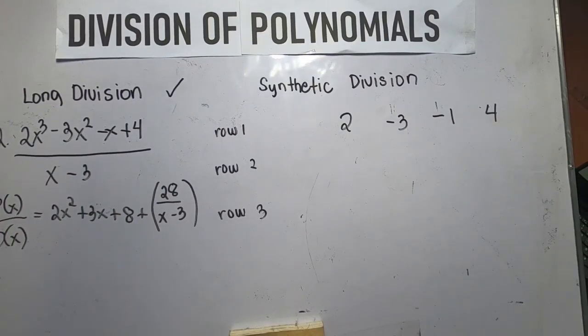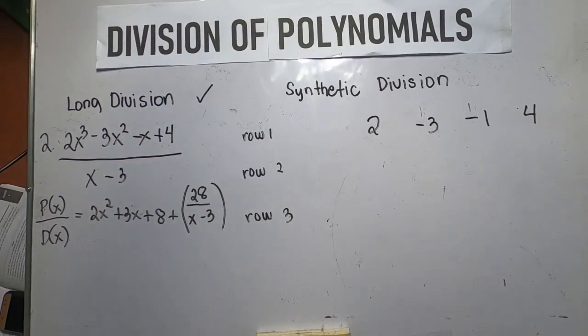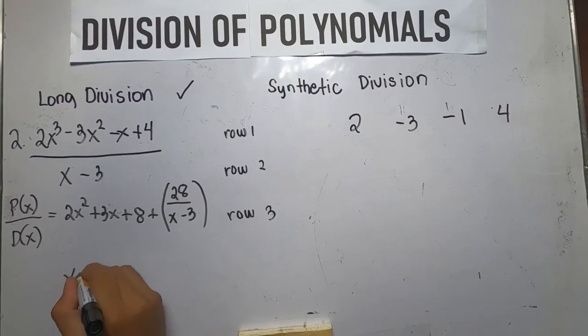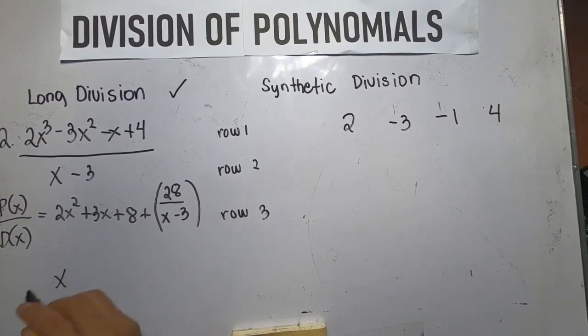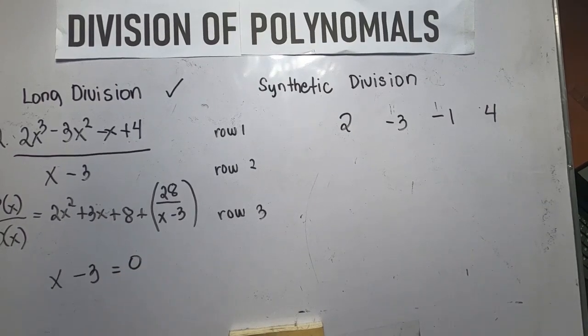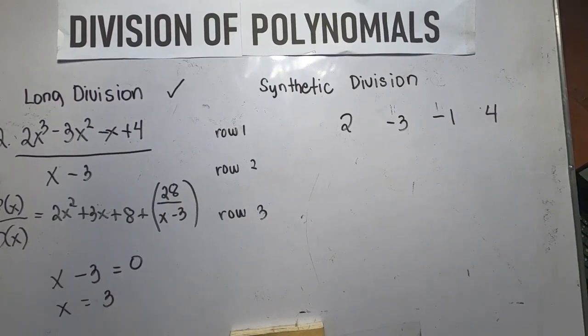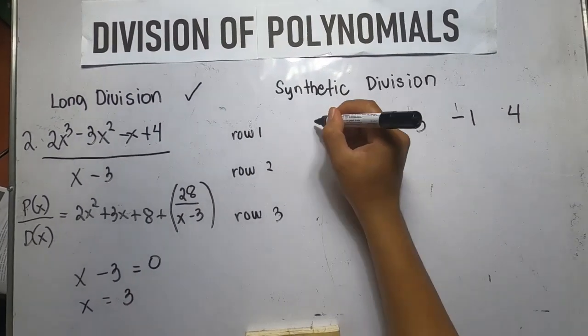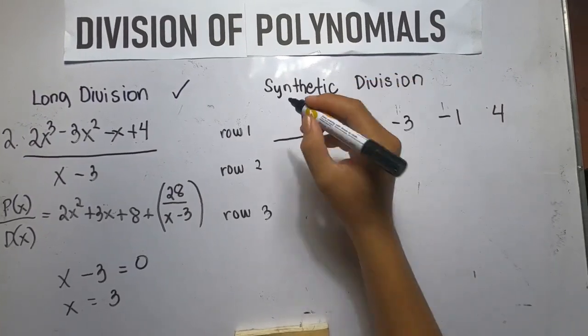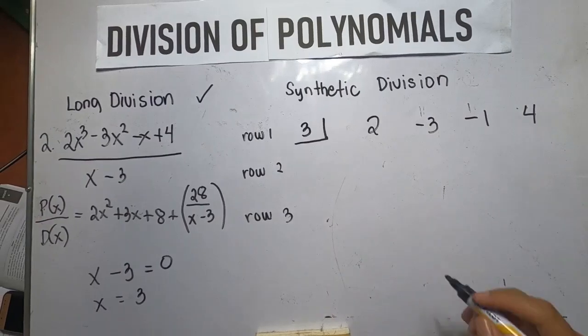Then the divisor is already written in x minus a, so we just need to solve for the value of x by equating the divisor x minus 3 to 0. Then solve for x. The solution for this equation is x is equal to positive 3. So, we write 3 at the leftmost corner. Then, proceed to